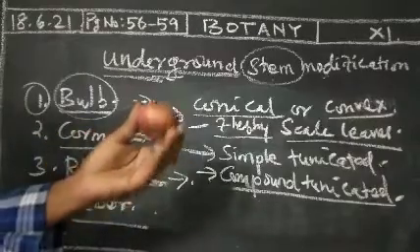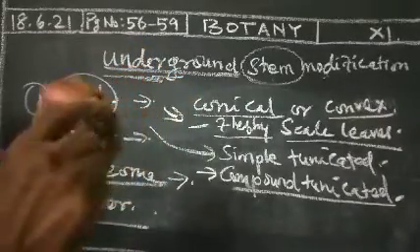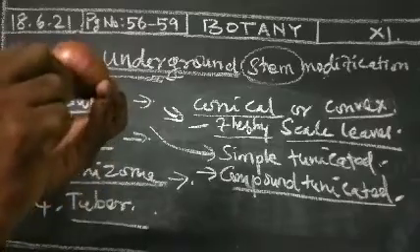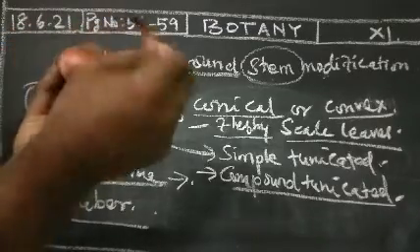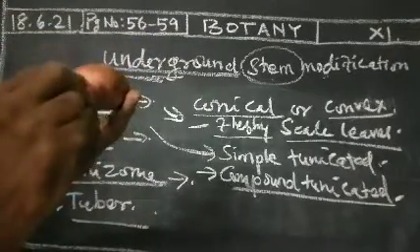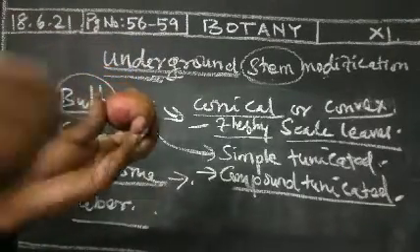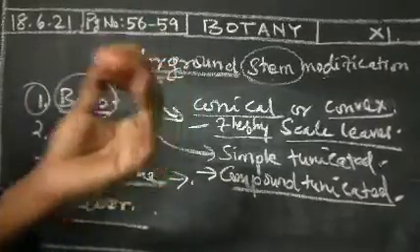You can see this diagram. See this live one, Allium cepa is there. There is an outer layer, which is very dry in condition. In the inner parts, you can also see the dry conditions, and you can remove all the scale leaves. The inner part is very fleshy in nature. That is called a bulb. A good example is Allium cepa.